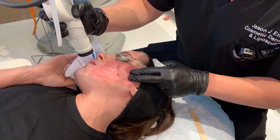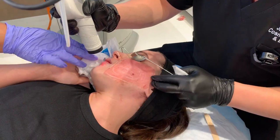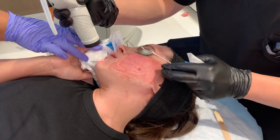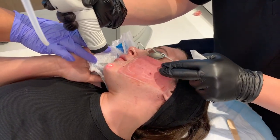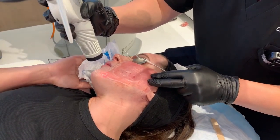That's the deeper collagen production from the laser. Now we're on the surface. Now, don't be